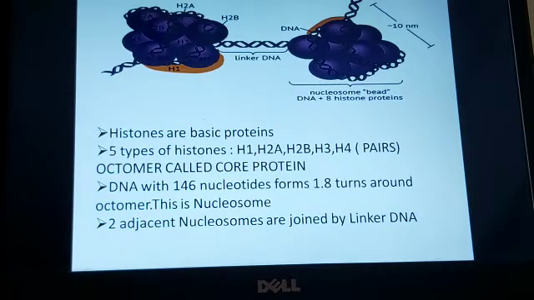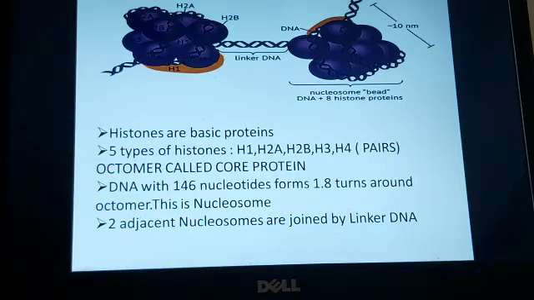Okay. Now children, this is a very important segment. All of you please pay attention here. Now, how the DNA is wrapped around the proteins, which are known as histone proteins. How the packaging of DNA in eukaryotes is taking place, that's what we're going to see here. Now, the histones are the basic proteins that have a high percentage of basic amino acids. So, there are 5 different types of histones: H1, H2A, H2B, H3 and H4. 4 of them, that is H2A, H2B, H3 and H4, exist in pairs.